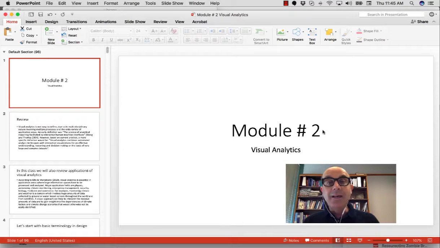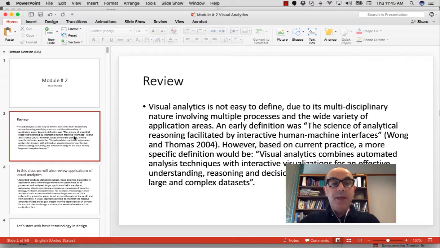Hello and welcome back to module number 2 in visual analytics. The first class was an introduction to the subject of visual analytics, but now we are going to dig in and start looking at what it means to talk about visual analytics, and not only talk about it. Today we're going to learn firsthand about a basic tool called Fusion Tables by Google, and